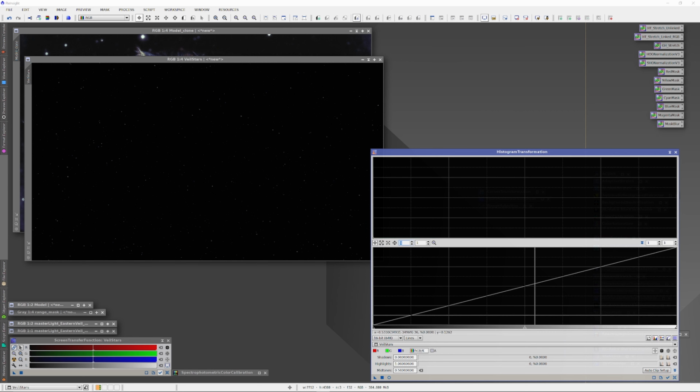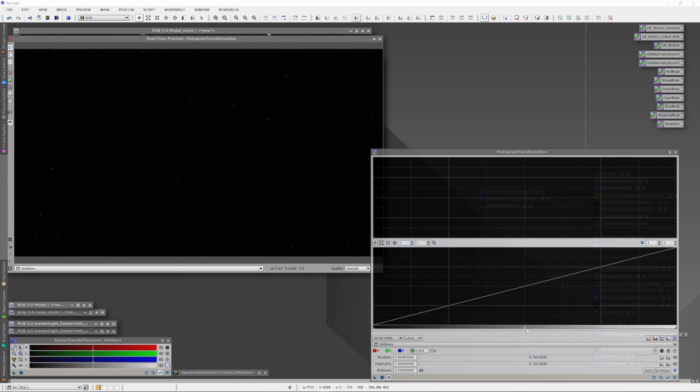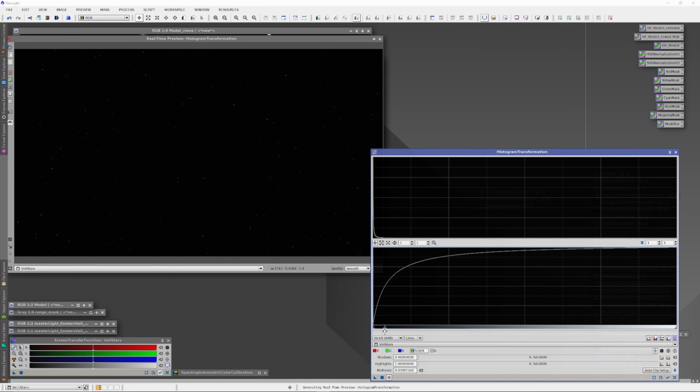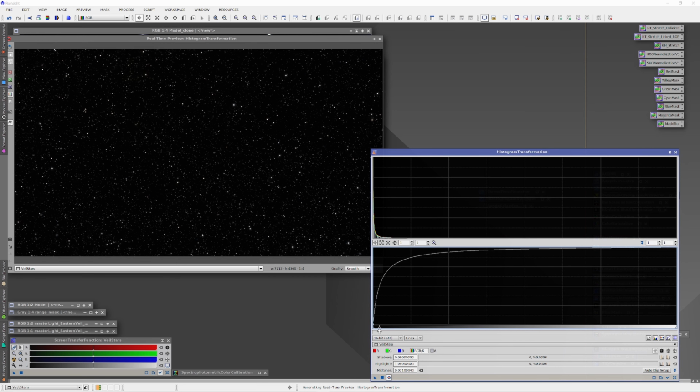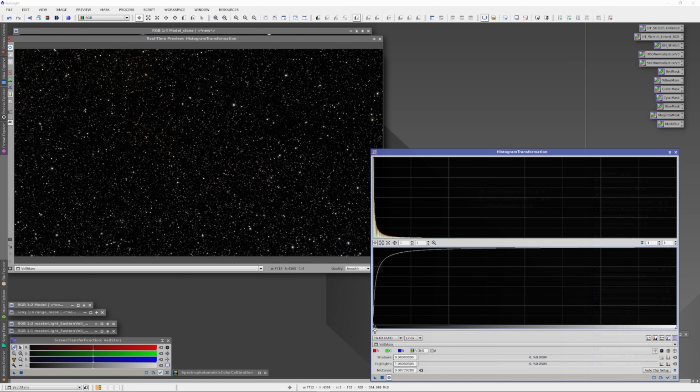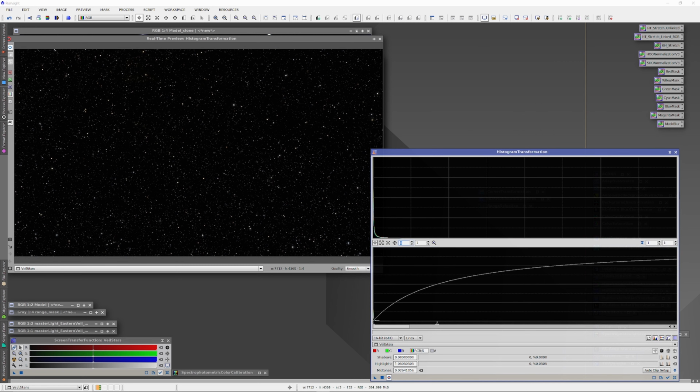We're simply going to stretch them until they all show up and we have a desired level of brightness. As with the histogram transformation on the nebulous portion of the image, this will be a conservative transformation. We're just going to bring all the stars into the image, and then we'll refine this transformation with the curves